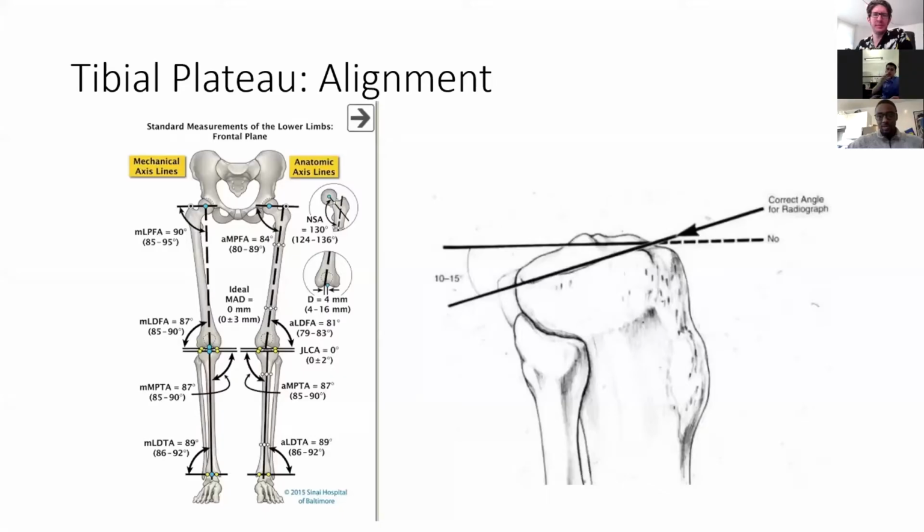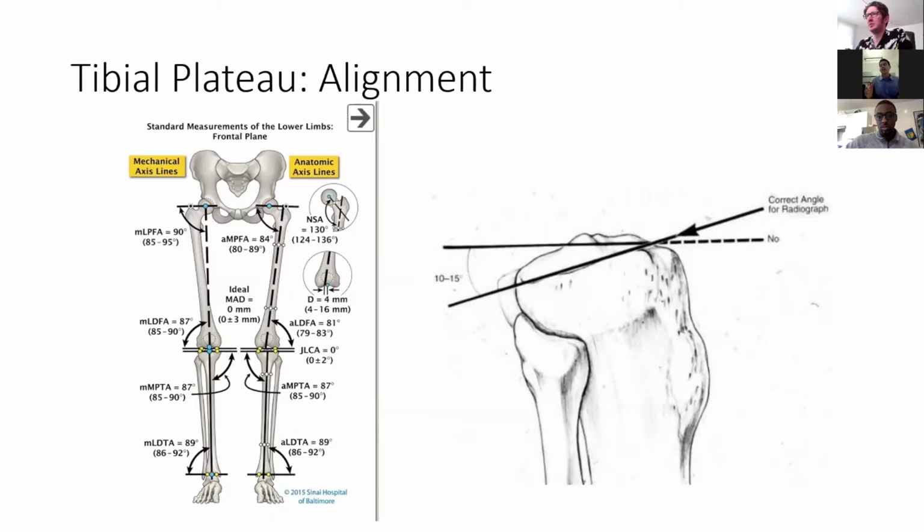This is by far my favorite picture in all of orthopedics. This guy on the left here. It's from Paley's pediatric deformity app, but it gives you the mechanical axis on one side and the anatomic axis on the other side. And it is of paramount importance when you're fixing plateaus, particularly the bicondylar one, because you're basically trying to